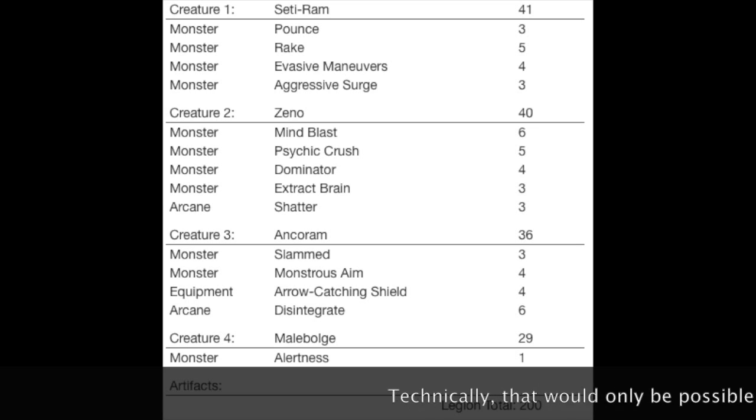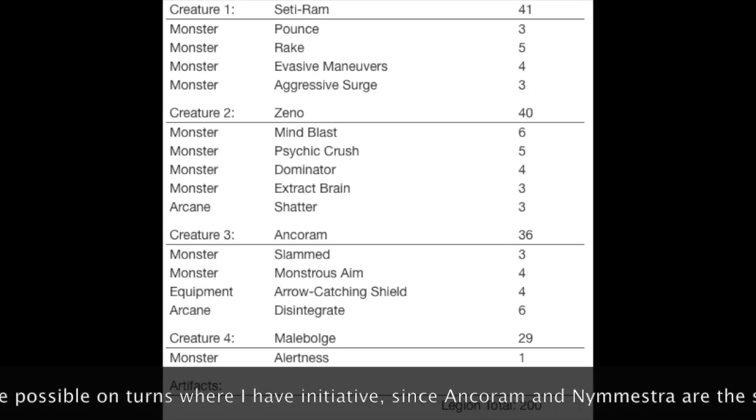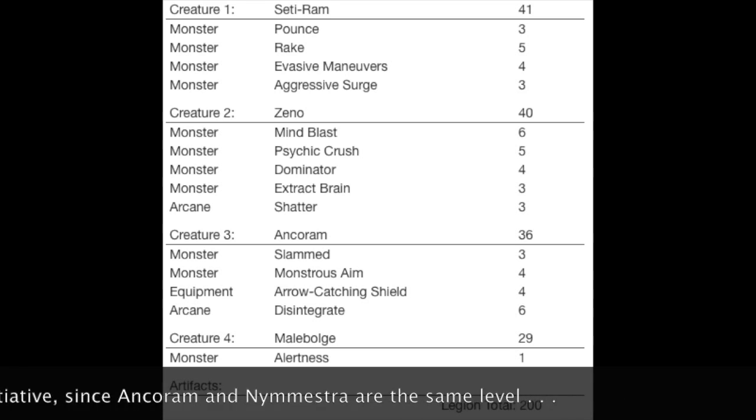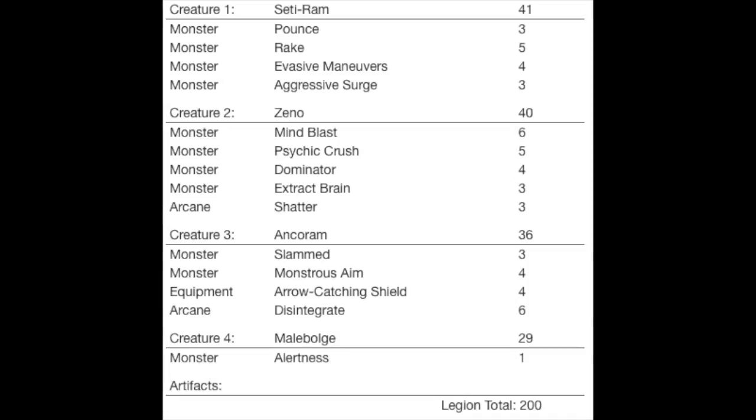As I've mentioned before, one problem with Slam can be getting it to stick because of Anchoram's lowish attack value. So I gave him Monstrous Aim, which is a one-shot upgrade that you use once, and it gives him +2 attack dice for 1 attack. So that'll help with sticking that